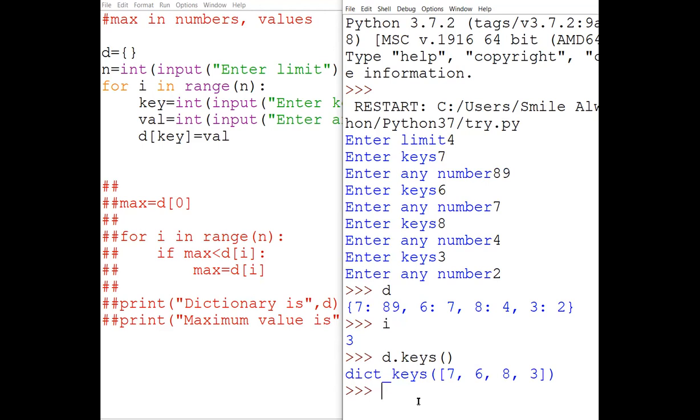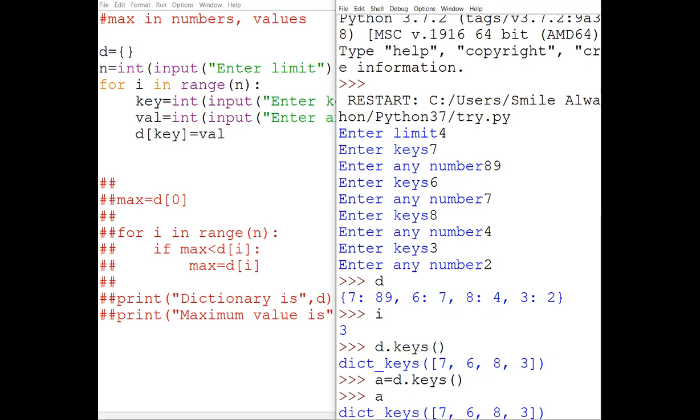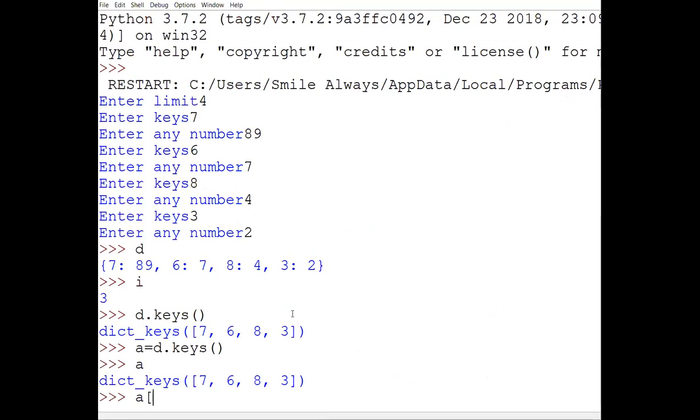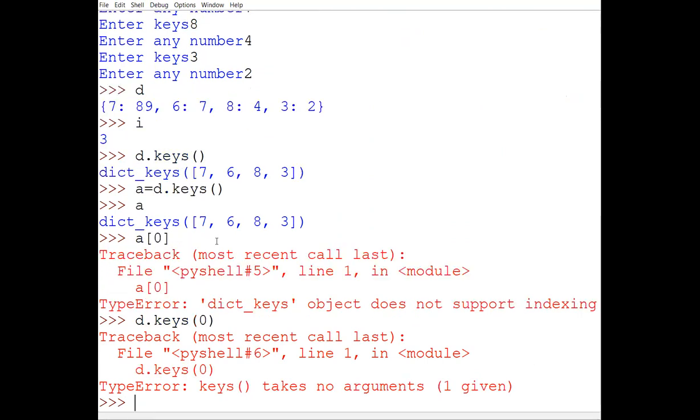D dot keys, index 0. A is equal to D dot keys. And then we are printing A. What you said? A of 0. It will not allow.